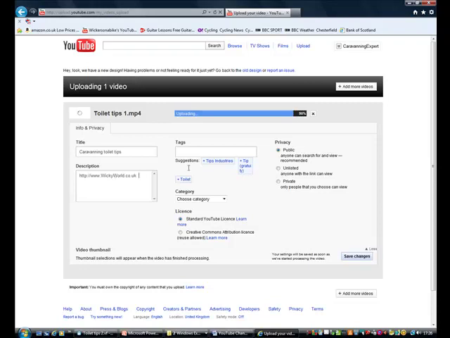And then you want to put in your description, starting off ideally with whatever your keyword or keyword phrase is going to be. So it might as well be, let's start with Cara, if I can type properly. This is a problem with my wireless keyboard, it does this occasionally. Caravanning toilet tips: